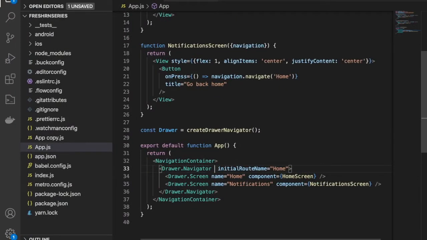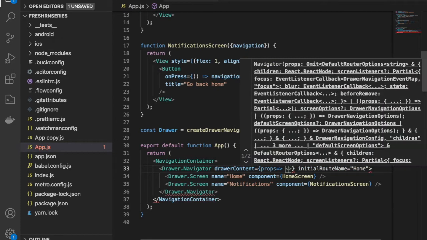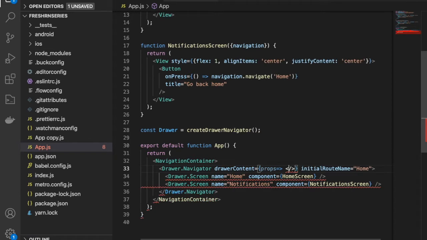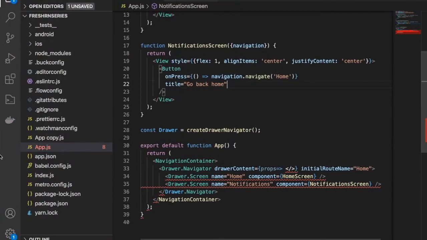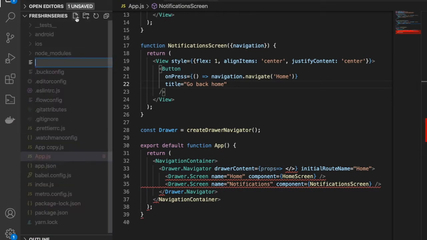We have a very beautiful parameter, you can say prop, drawer content, and under here you can pass a custom component, whatever you want to use in the side menu. So let's say I'm creating over here some custom side menu .js file.